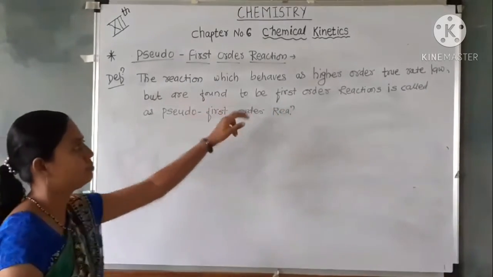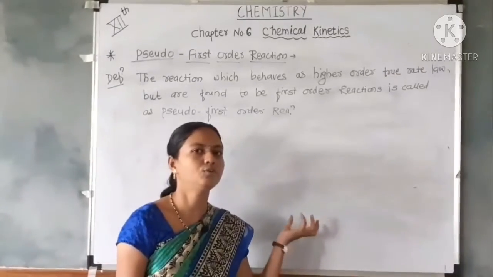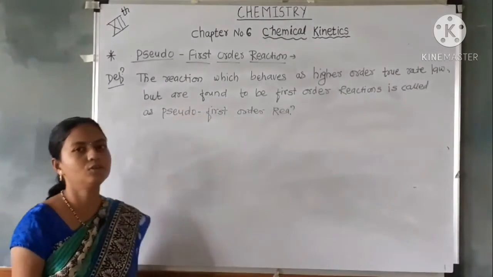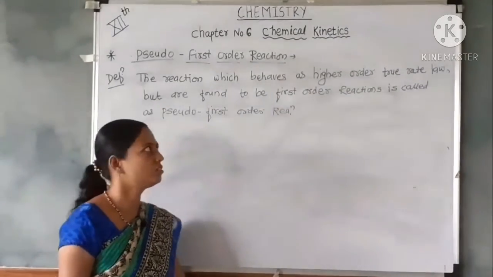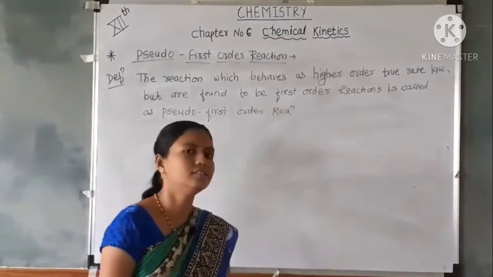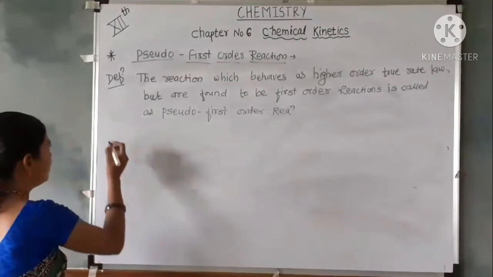The reactions which follow the higher order true rate law, but which are found to behave as first order reactions, which give first order reactions, are called pseudo first order reactions. For example,